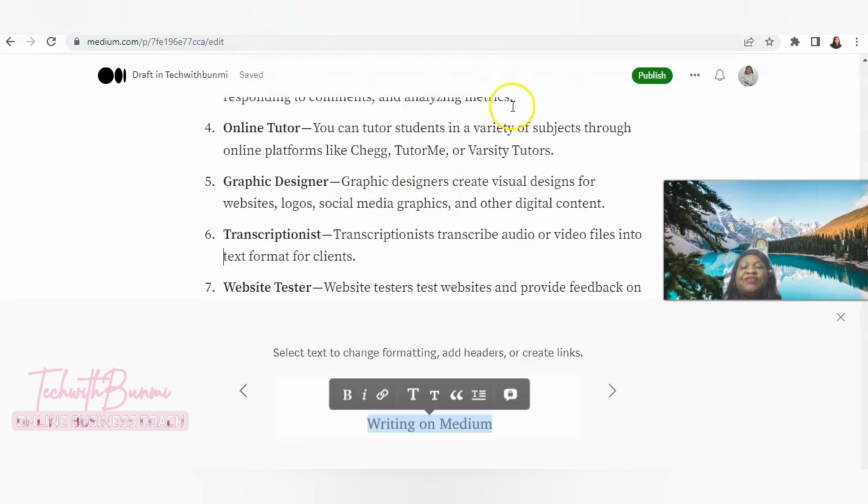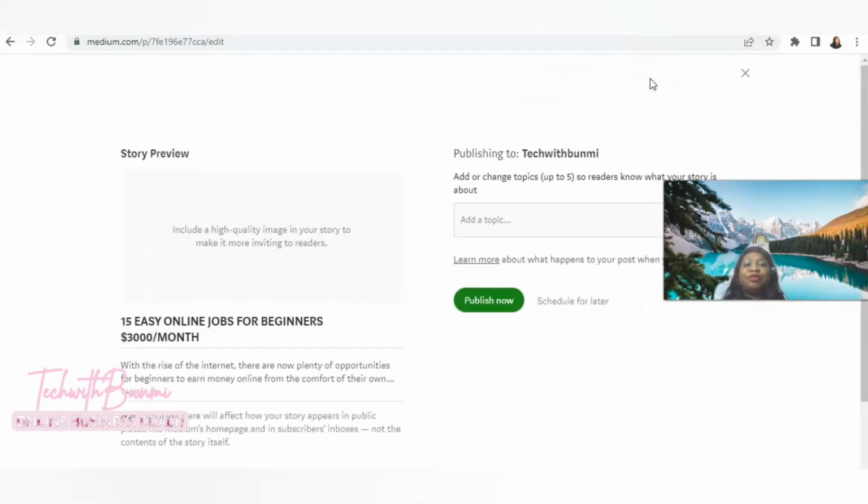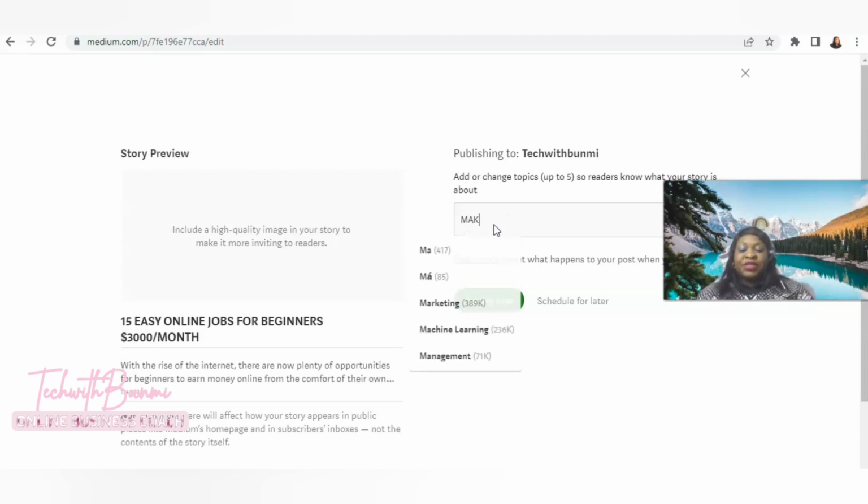After doing all this, you can come here and click on publish, and it's going to tell you to add up to five topics so that people will search. You can add some SEO topics like make money.